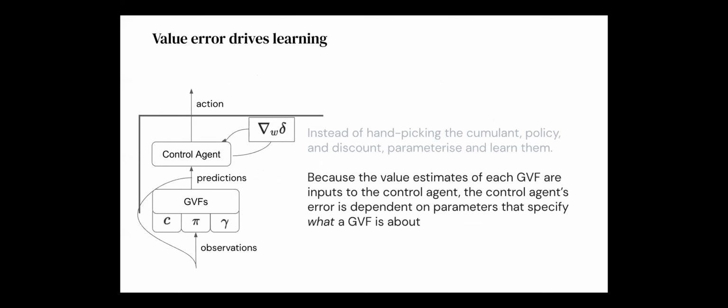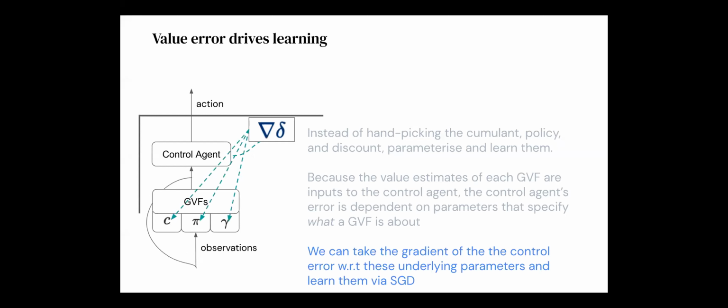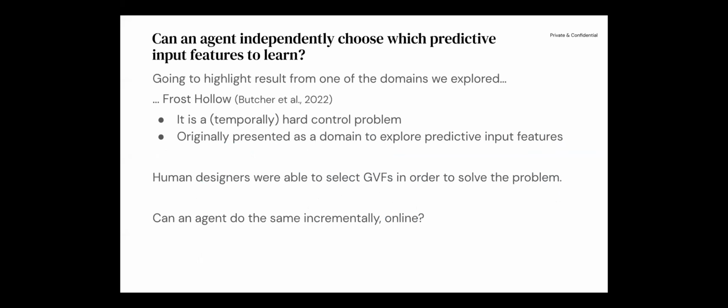Because the value estimates of each GVF are inputs, the control agent's error is dependent on the parameters that specify what these predictions are about, what the agent is choosing to learn about. So we can take the gradient of the control error with respect to these underlying parameters and learn them through stochastic gradient descent. So I'm going to highlight a result from one of the domains that we explored, which was